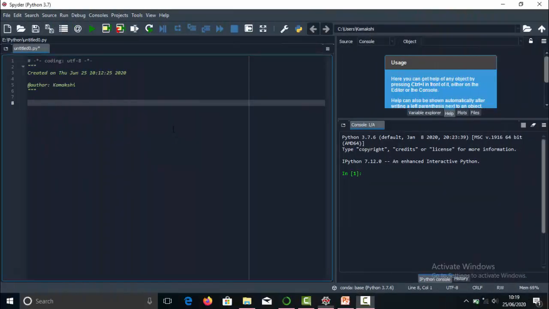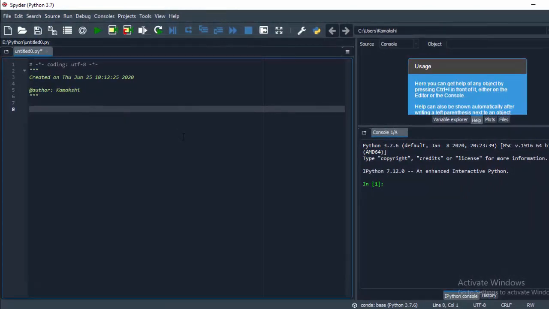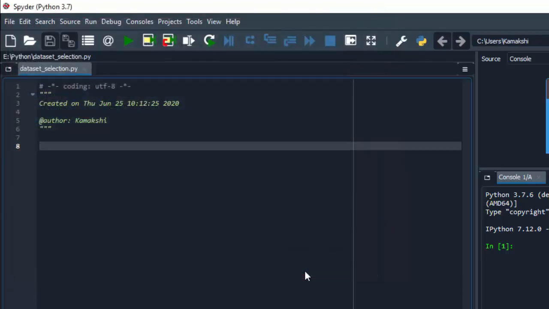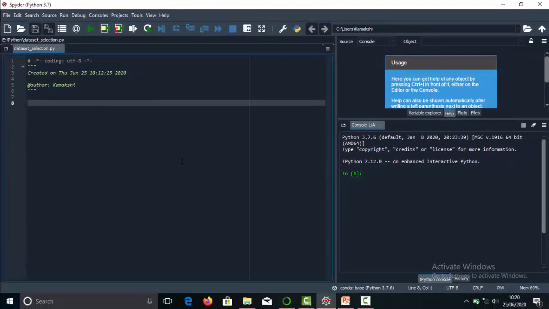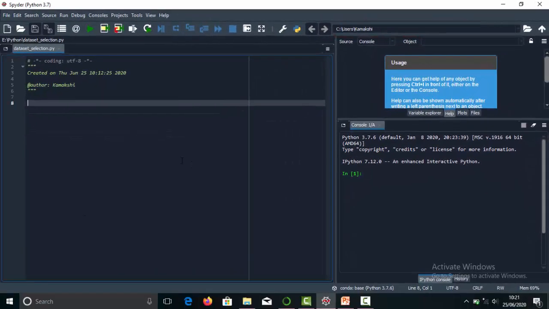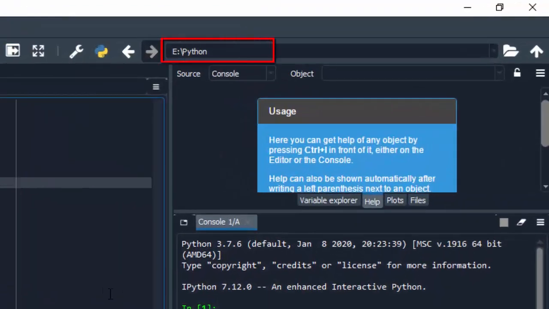Here I have just opened the file in Spyder IDE. Now just save this file. Alright, the file has been successfully saved. One more thing to do is to change the current working directory to the folder where our data set is present. As you can notice, I have changed the current working directory, since I have already created a folder named Python in this directory.